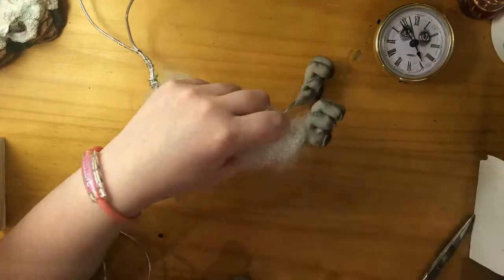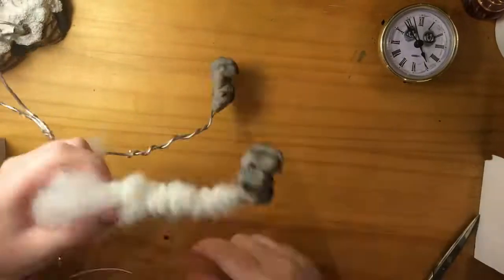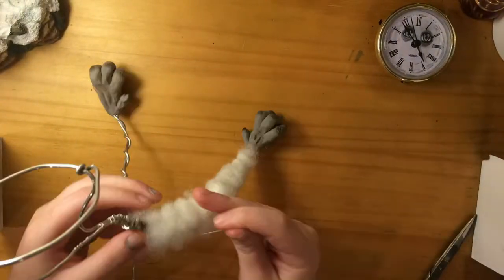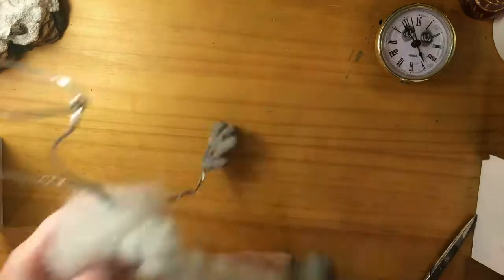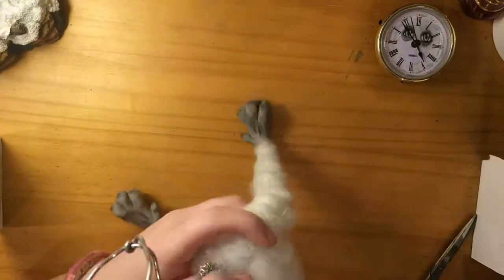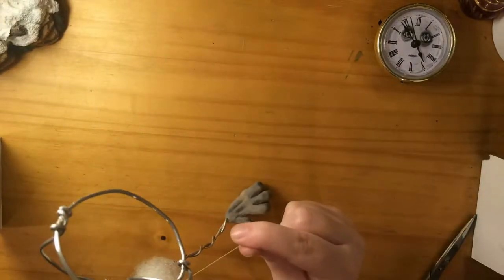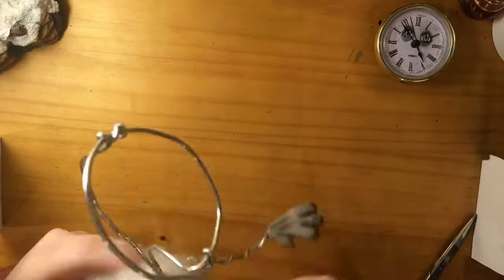So almost exactly like I said, I started out by using the thread, tying it at the bottom of the foot, and I just work my way up, putting more of the polyfill, I believe it's called, and just wrapping it as much as I need, adding more if I need some. Sorry about the camera angles here, they're going to get a little weird. It's very hard to wrap